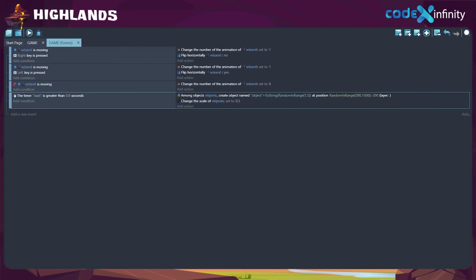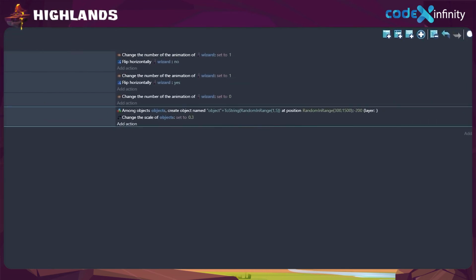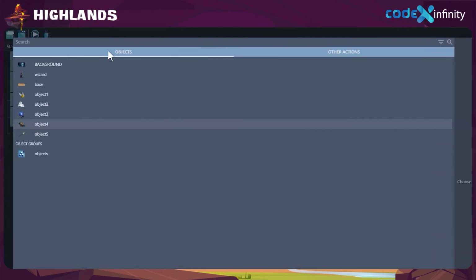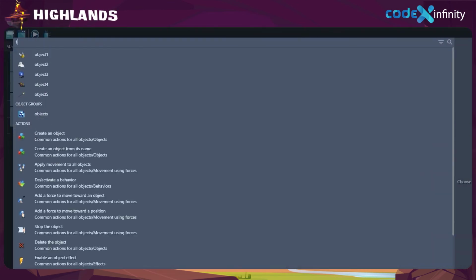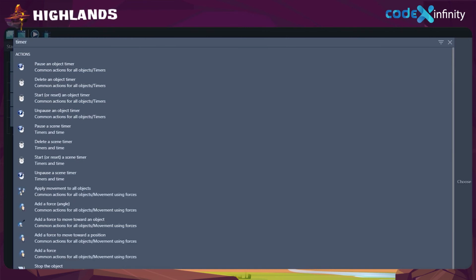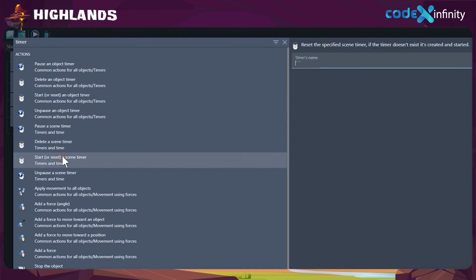Now we have already set the condition for the timer for the objects in the group, but we haven't added the corresponding action for that. And yes, let's add that now. So click on Add Action and search timer in the search box. Then select the action Start or Reset a Scene Timer. From the right side, let's give the timer's name. What was the name of the timer? Yes, Wait. So set the timer's name as Wait